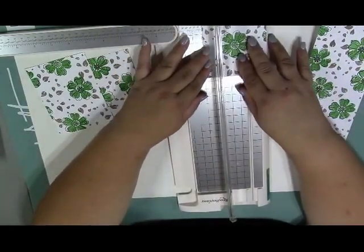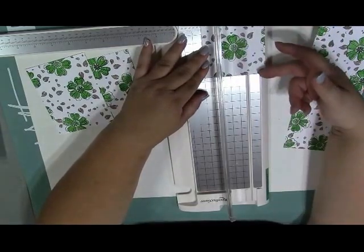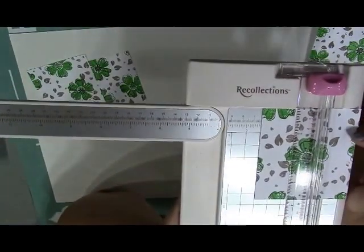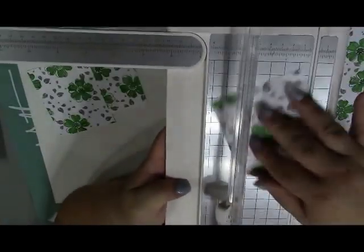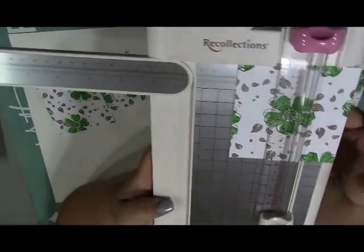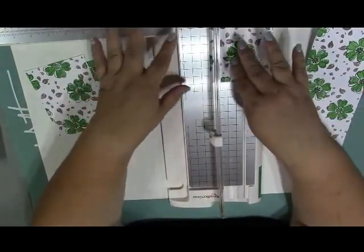So if I place it here, I'm going to lose this flower and this all down here. If I rotate it, I keep that little bit of flower, and I'm going to lose practically nothing. So I think I'm going to turn it. So please do turn your papers. I'm going to show you this again. I plan to cut it there. Right now, I'm only going to lose a lot of white space, right? Before, if I had planned to cut it at 2 1/2, I would be losing these green bits. I would lose a little bit more of the design. So before you cut, take a look and try to figure out what area is going to be considered trash